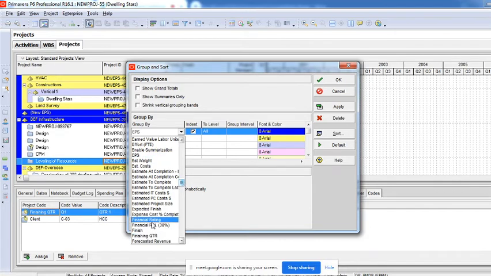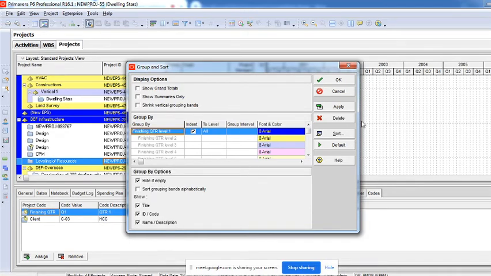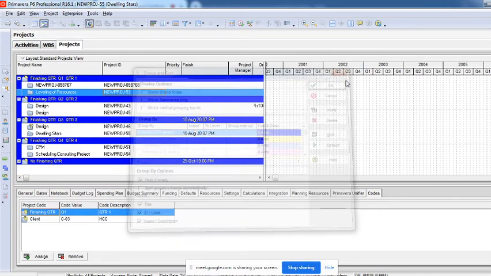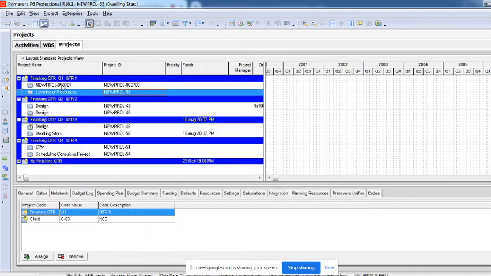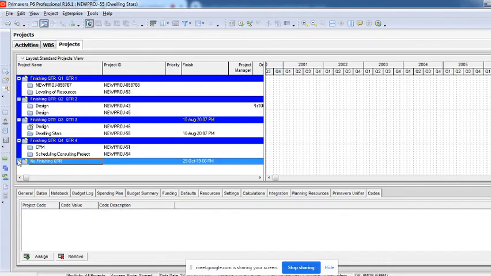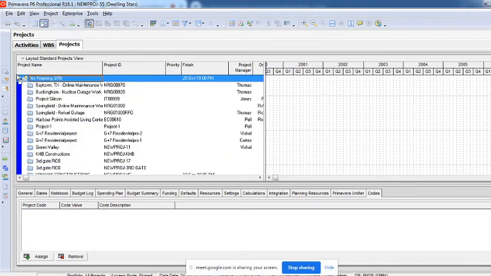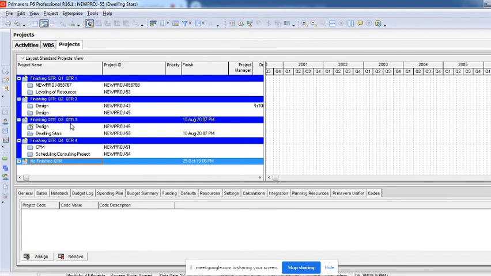Right, so we have here finishing quarter. I have selected that. I'll say apply, I'll say okay. You can see here this is Q1, Q2, Q3, Q4. So this is no quarter. That means any project which has not been coded will come under this no finishing quarter, right? There's no code been assigned.